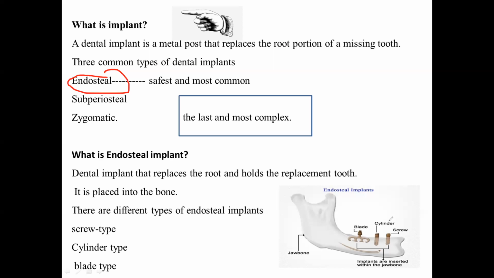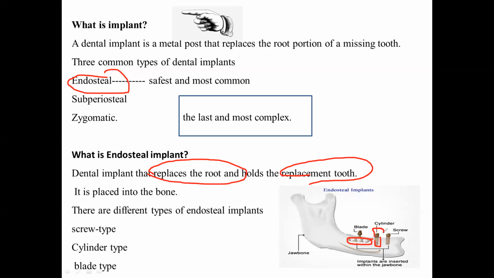implants? These are the implants which replace the root. Means they will be serving as a root for my artificial tooth, which I'm going to give over it. And that will get itself attached with the bone, my jawbone. It will be firmly attached to my jawbone in order to support my artificial tooth, which I am going to